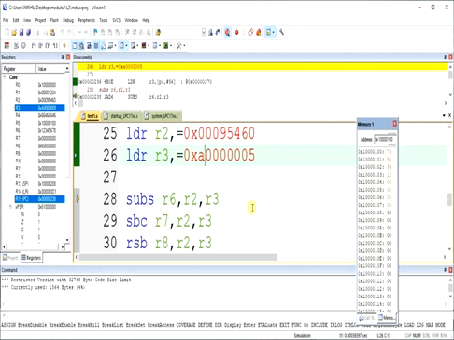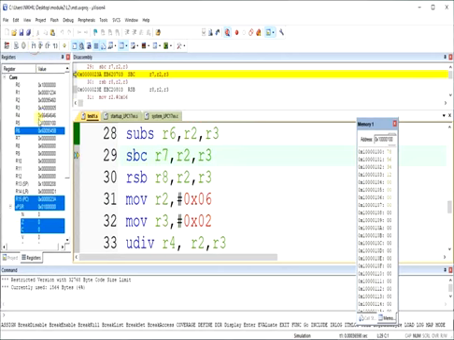So the subtract instruction here, how will it work now? The content of R3 will be subtracted by R2 and the result will be stored in R6. So you can cross verify through manual calculation or a calculator. R2 has this value 0 and R3 has this 5. So we expect some borrow there. So let us see what the R6 value will be. R6 is B. And next we have subtract with carry.